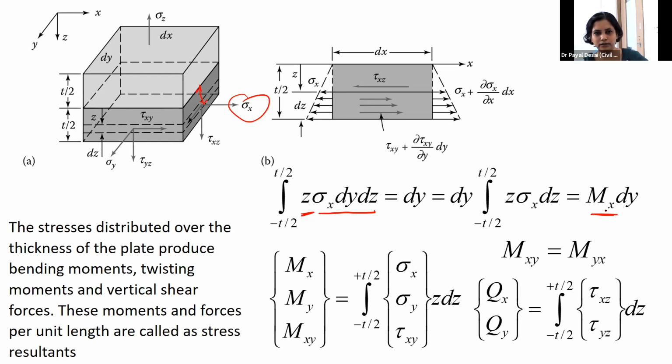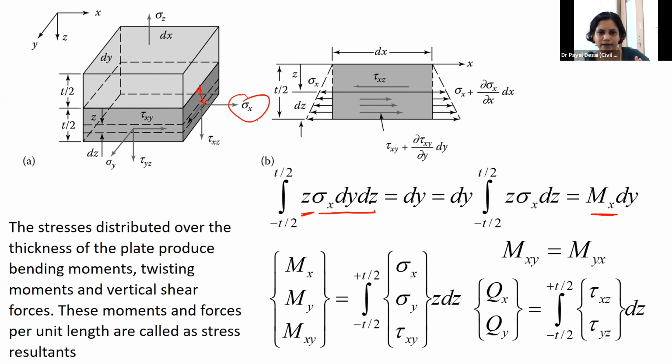Mx in x direction. So the sign convention, we follow the right hand rule when you are applying any force, and the sign convention for the moment is positive when the direction of the thumb follows the right hand rule. So similar to that here also. Simply you are multiplying sigma x with the cross-sectional area, get the force and get the differential moment, and integrate it over the surface, and you get the bending moment in x direction.